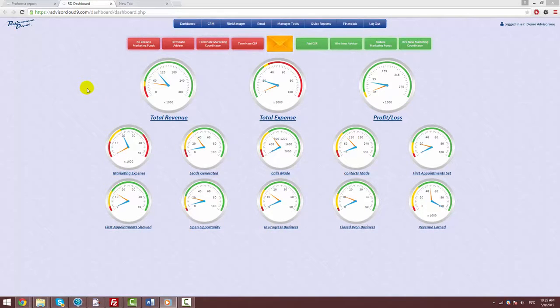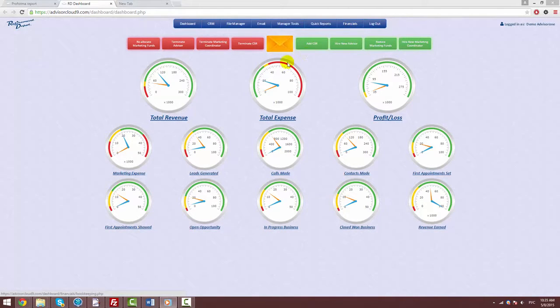The dashboard tab of the AC9 software is set up to be much like the dashboard of a car. There are several gauges, and each one gives the user a vital statistic about how business operations are going, much like a car gauge does for how the systems of a car are performing. Each gauge is driven by either the actual work done by the users within the software or bookkeeping entries made